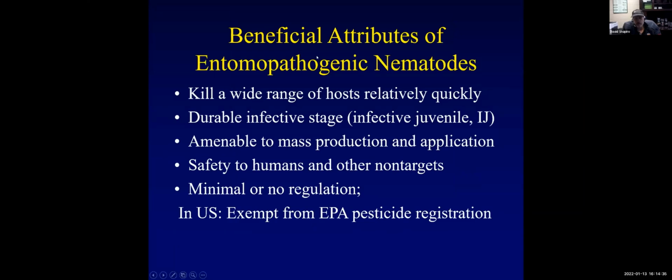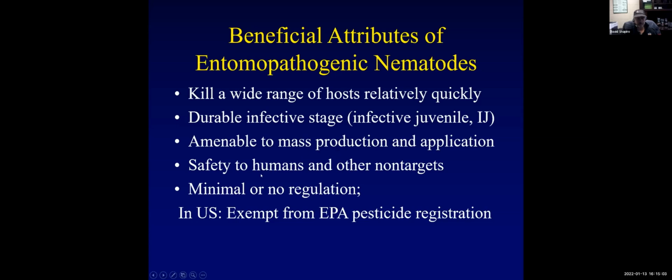Some beneficial attributes of these nematodes: they kill a wide range of hosts relatively quickly, especially compared to some other pathogen groups. Viruses will take maybe a week before they kill the host. Fungi, maybe 5 days or so. They have this durable infective stage, the infective juvenile or IJ stage, that makes them amenable to mass production